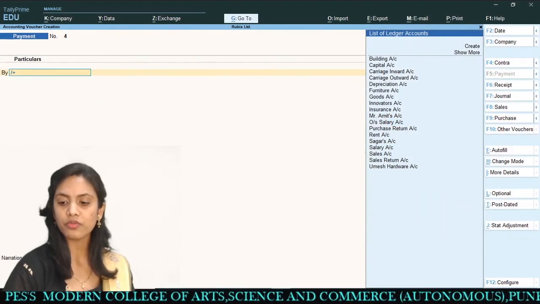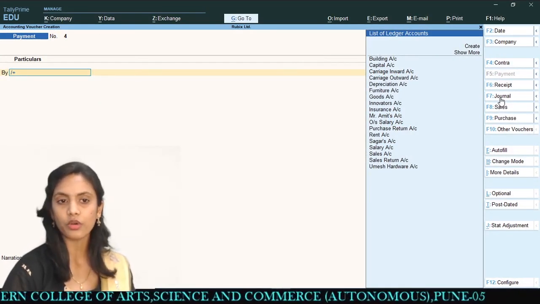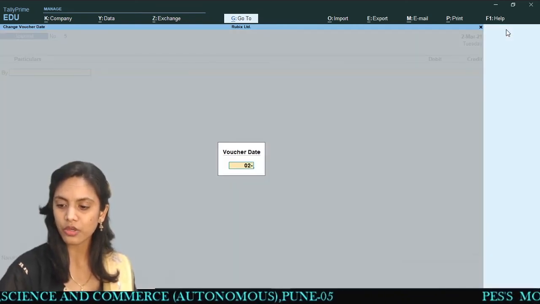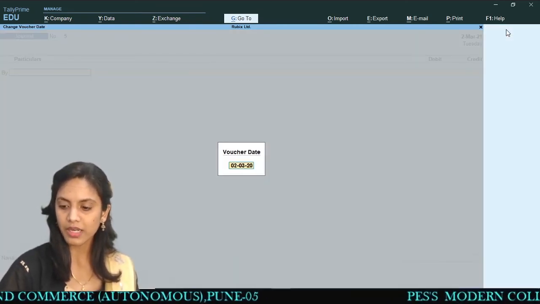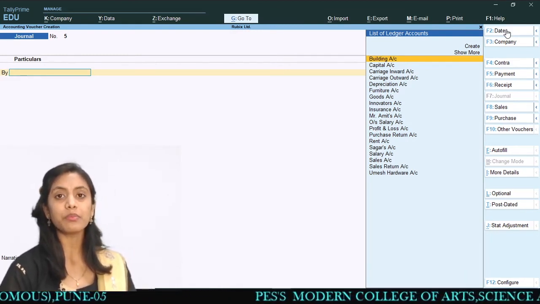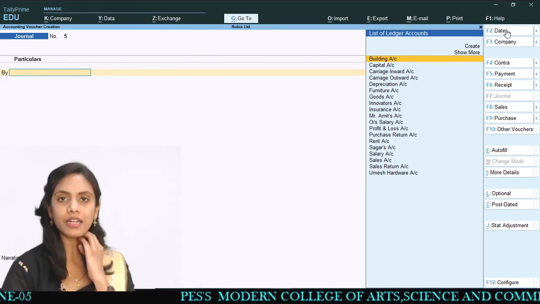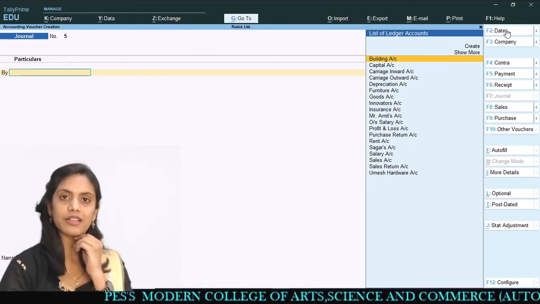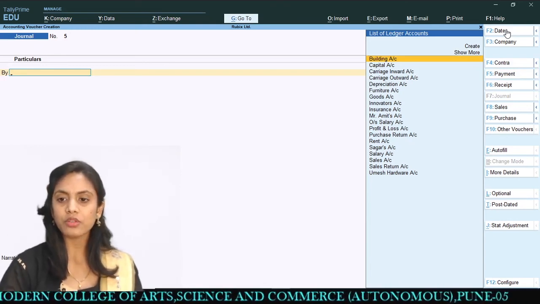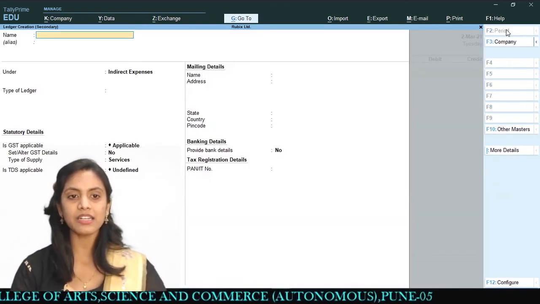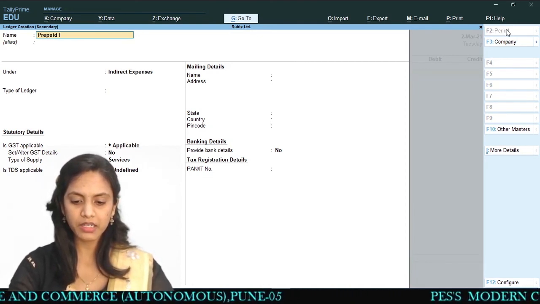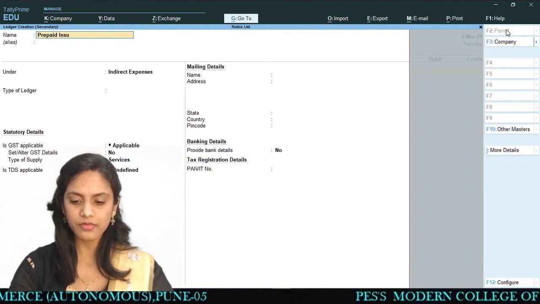For that purpose, first of all, I have to choose a journal voucher. I will choose journal. I will go for the date option, once again 2nd of March 2021. And which account is going to be debited now? Here prepaid insurance, because this is my current asset. And when it is my current asset, there will be a debit balance. So prepaid insurance I am not having over here, so I will create it with the shortcut key, Alt plus C. Create the prepaid insurance account over here.